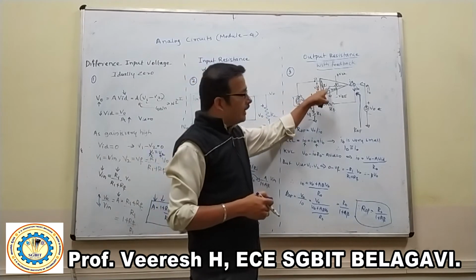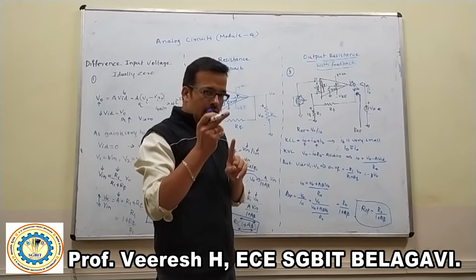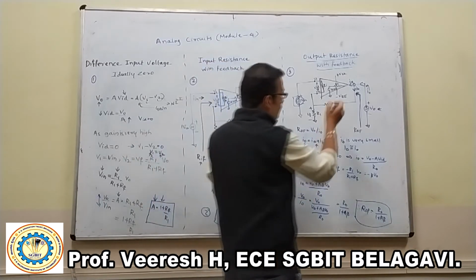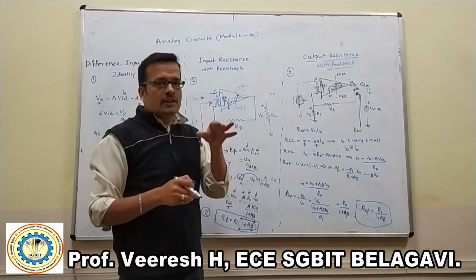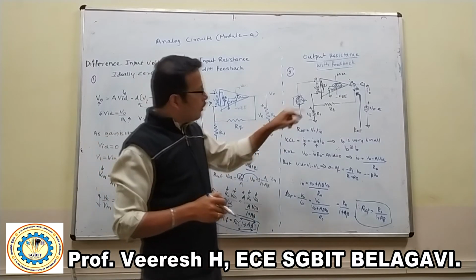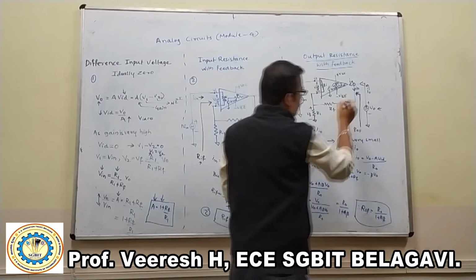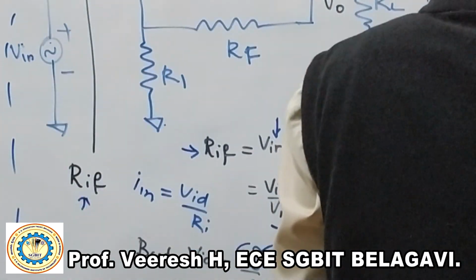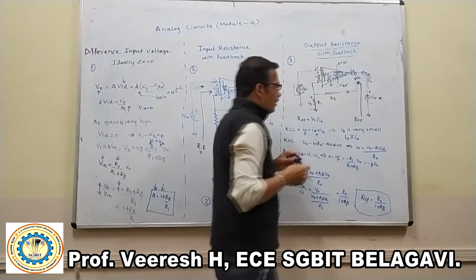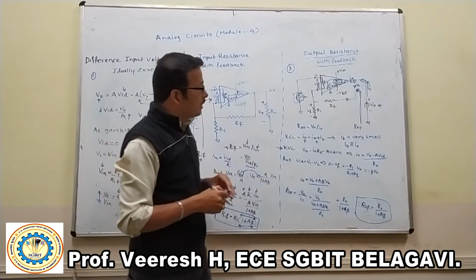Now again, if you remember the ideal characteristics of the operational amplifier, the gain is infinite, input resistance is infinite, and output resistance is 0. That is, this resistance will be 0. Whenever the path resistance is 0, the current tries to enter that path. Because R0 is almost 0, the current enters this path rather than the other one. Therefore I can say that the entire current I0 enters R0 and comes to the ground through this path. For that, I can write Kirchhoff's voltage law for the output loop.